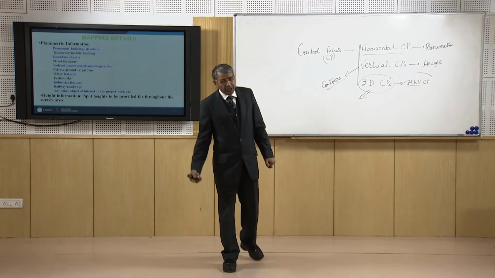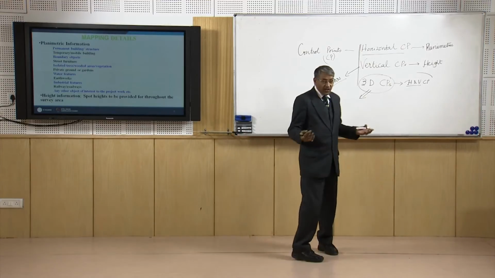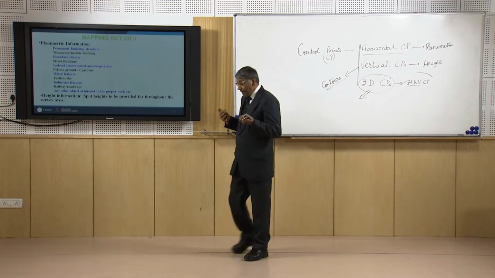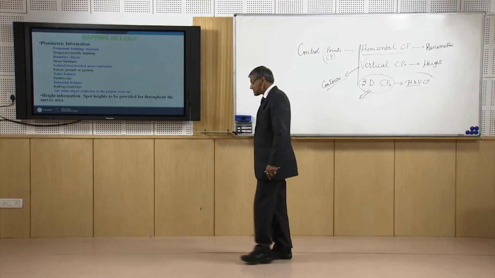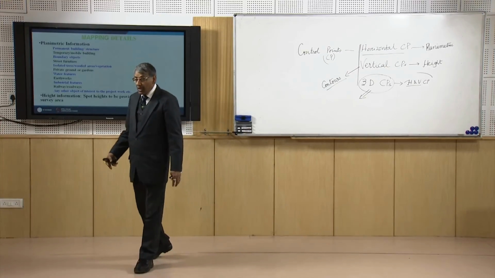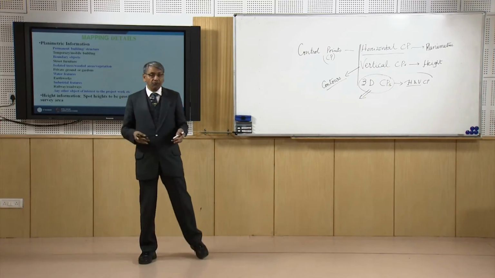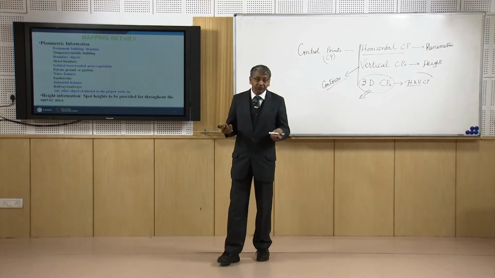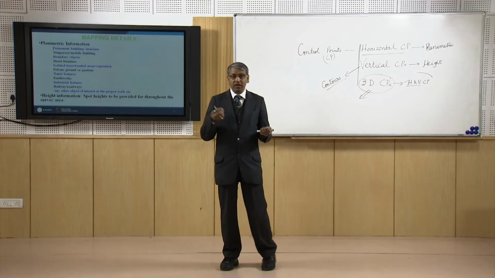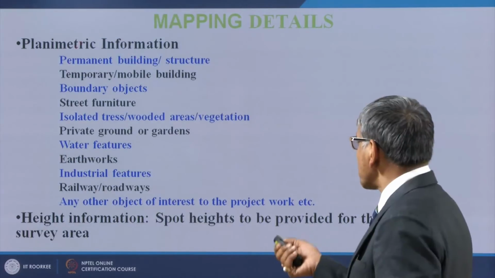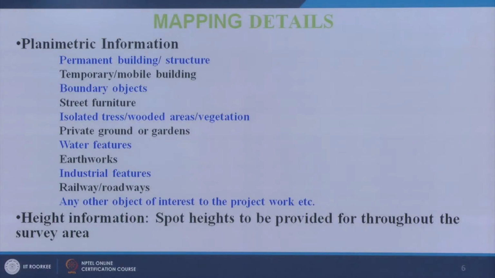So we always need to know which objects are to be picked up and represented in the map, and we already learned in the last class that we have to apply the method of generalization to identify which objects are to be taken for our mapping purpose and which are to be left out. Most of the time, in civil engineering projects or works, or an engineering topographic map, we should have these minimum objects noted down,